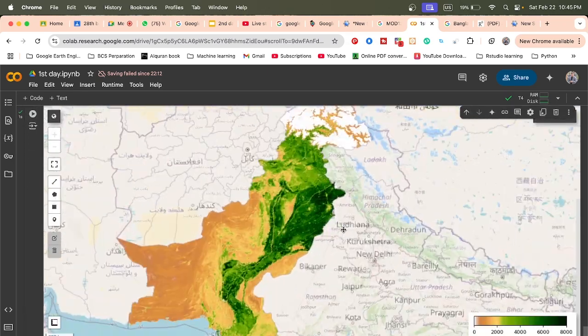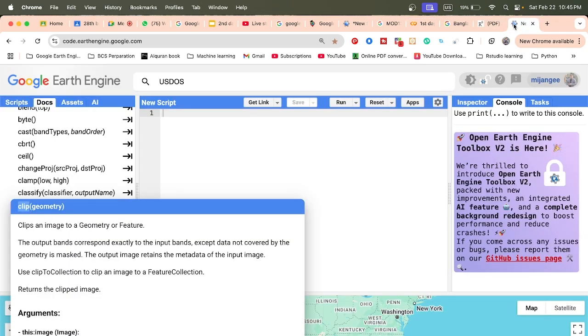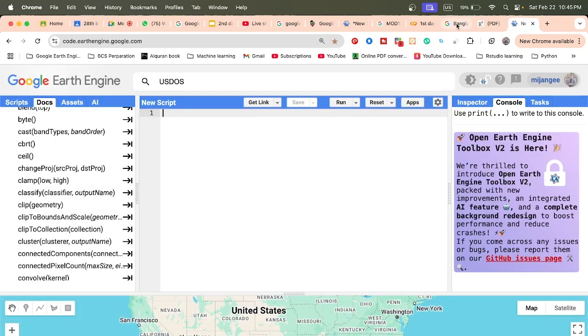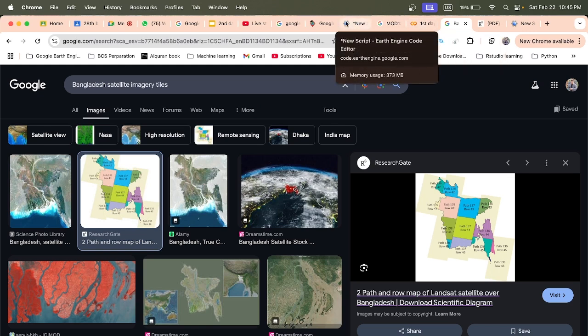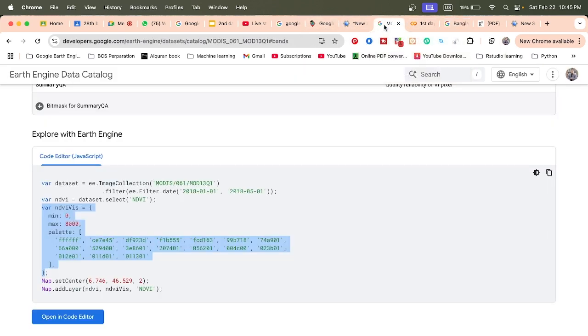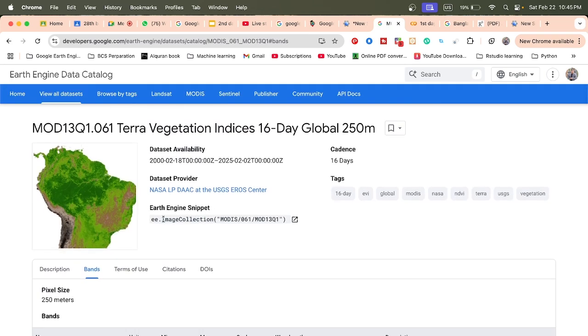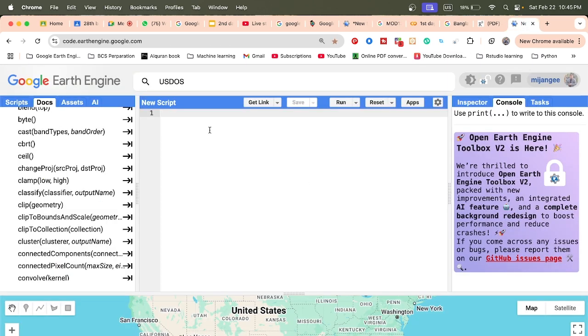These same things you can also apply for the Python API, basically the same as the JavaScript code editor. For that, just apply the same process. Just copy this snippet ID and paste here. Then give a variable name. Suppose I put the name is dataset, and this image collection has